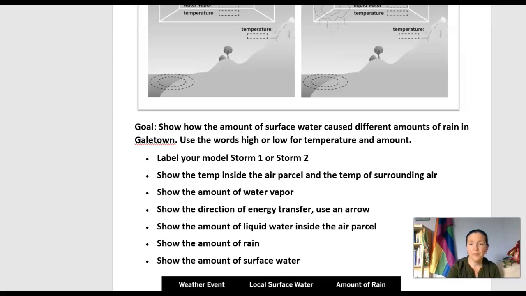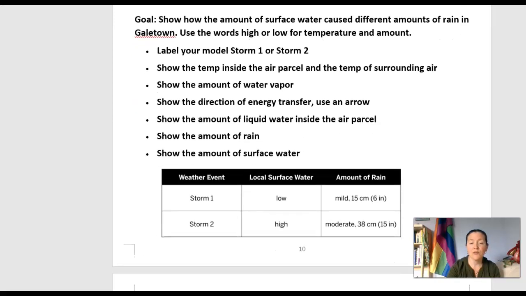Okay. Well, I look further down and I see that there's a table. Okay, there's a table down here that's talking about some data. So Storm 1, low surface water, mild amount of rain. Storm 2, high amount of surface water, moderate amount of rain. So I get to pick if I'm going to diagram Storm 1 or Storm 2, and then I'm going to